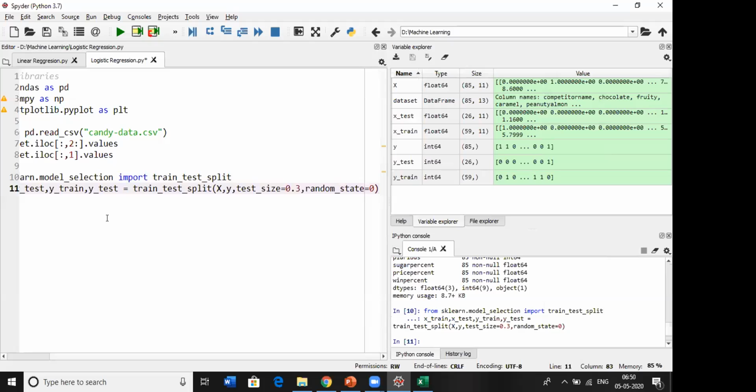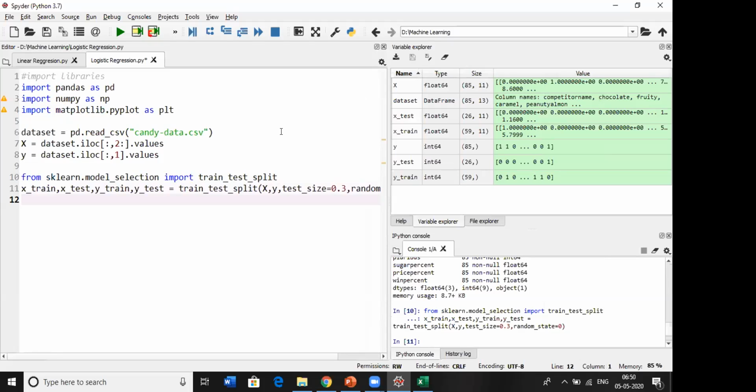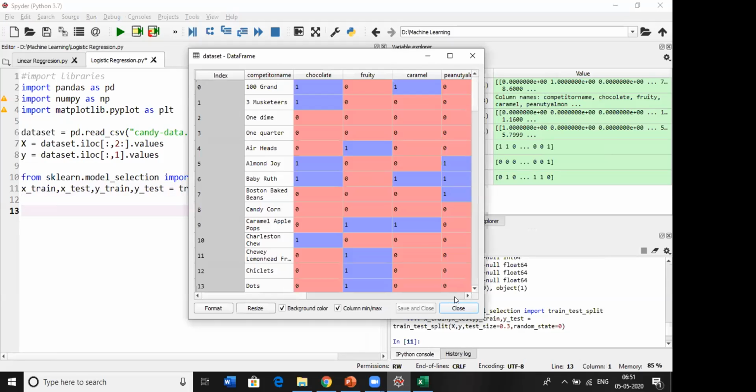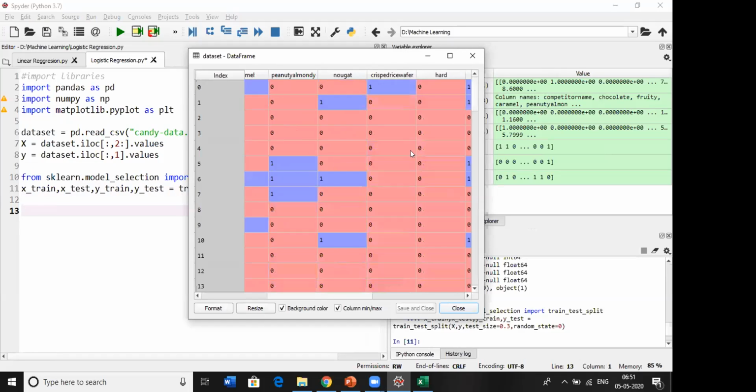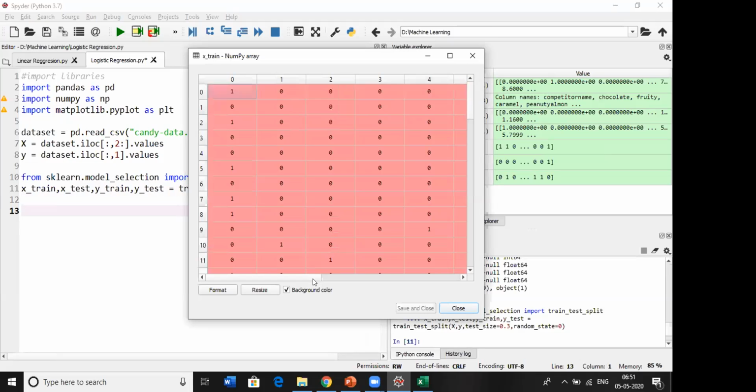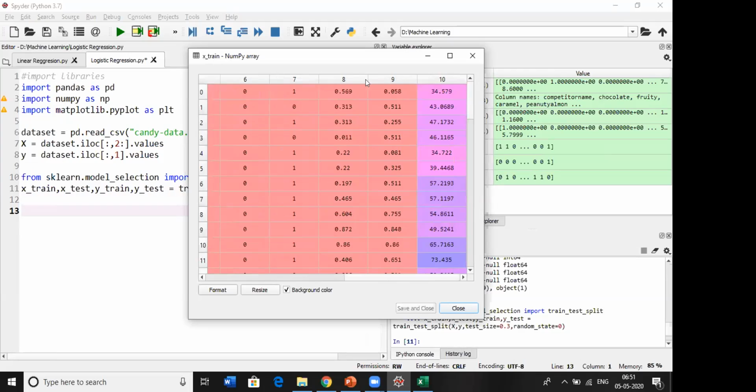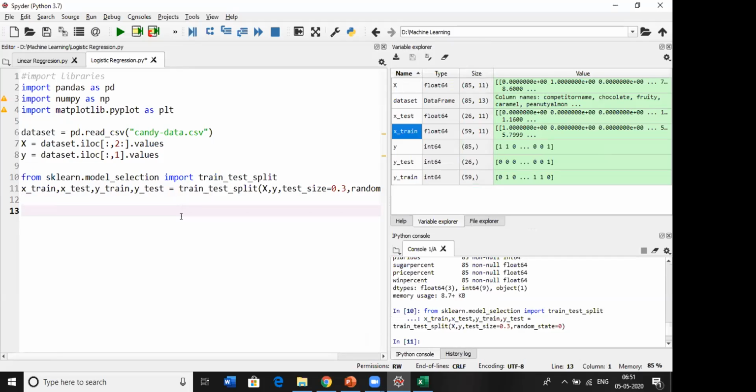Now we need to standardize the scale. We need to apply the scale only to the last three columns. How can you find them? We will open X train first. It has already given the columns 8, 9, 10. We can choose index 8 onward, with all the rows. Okay, so now you can do the standard scaler.